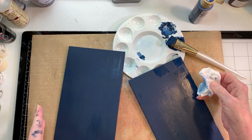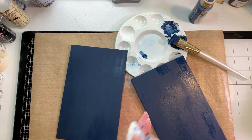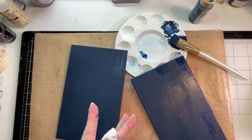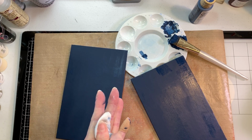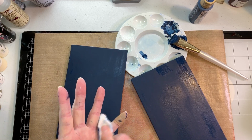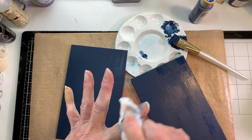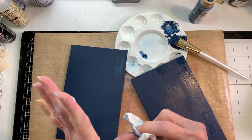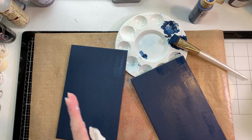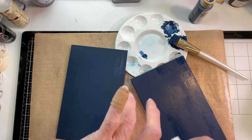This is one of the Ranger mixed media type mats, and so that's why I've got it under here, because I know I can just wipe it right off, you know. So I'm trying to get the large part of this off of me while I'm giving this book cover on the left a chance to dry, because I figure we're going to have time to put the second coat on. The first coat